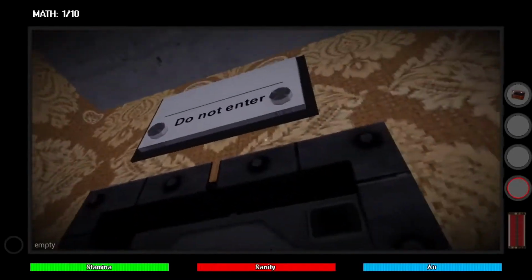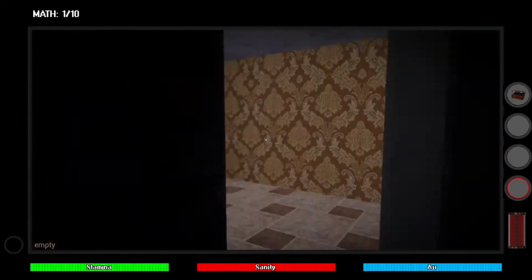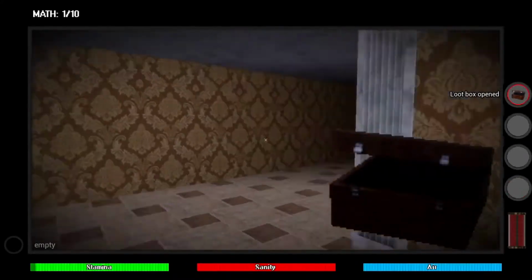Enter this room that says do not enter. I told you to not enter it earlier, but now, since we have to get the key, it's needed here. So...